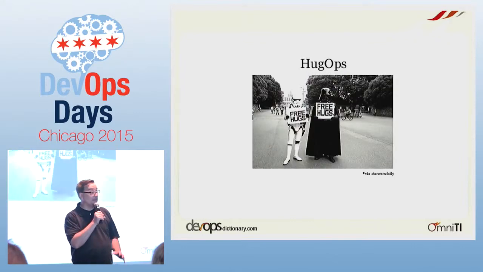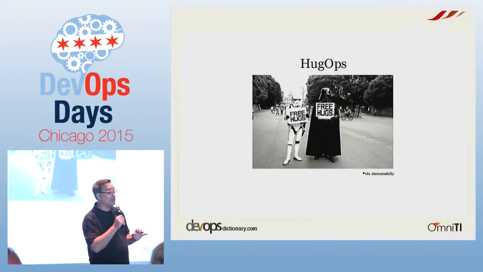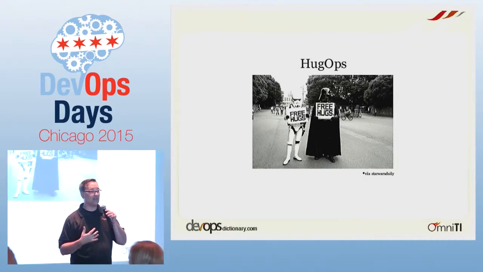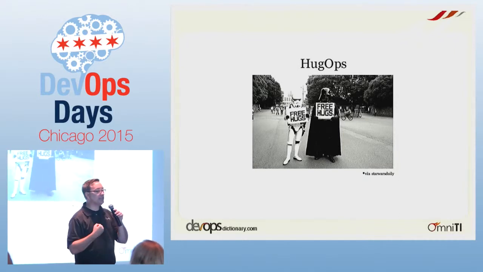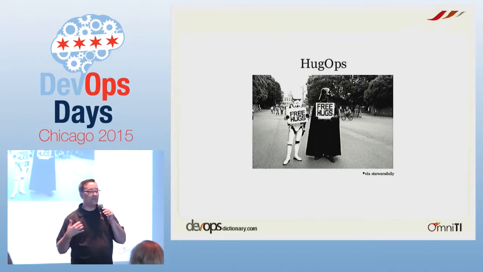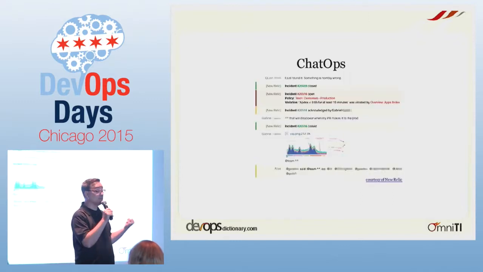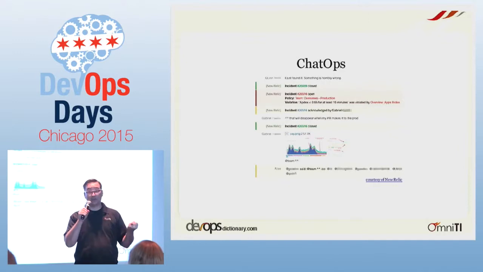Hug ops. This is a meme that you may have seen, especially in the Chef community and some others. The idea here is that whenever something bad happens, be it a professional badness or a personal badness or anything like that, we should share empathy for each other and treat each other like human beings. If you find out that somebody's dog just died, maybe don't ream them over some problem that they had. Don't ream them over anything at work anyway. We should be blameless about these things. But hug ops means we should treat each other like human beings and be good to each other, because stress causes errors. Stress makes everybody horrible.